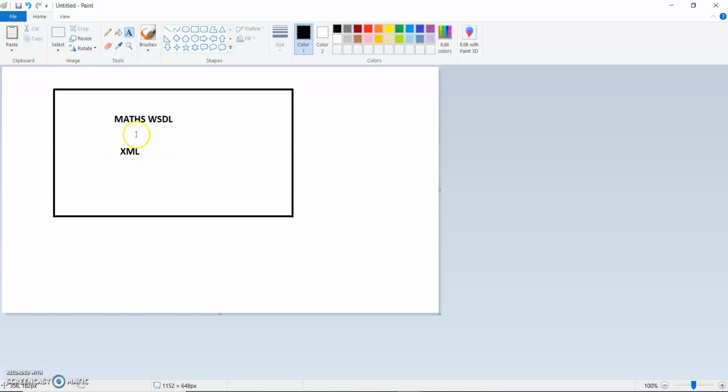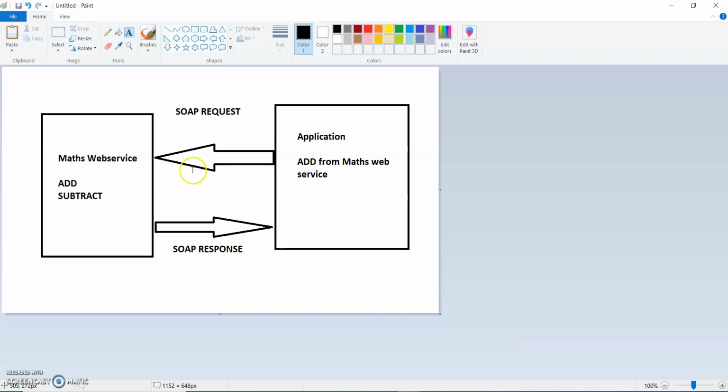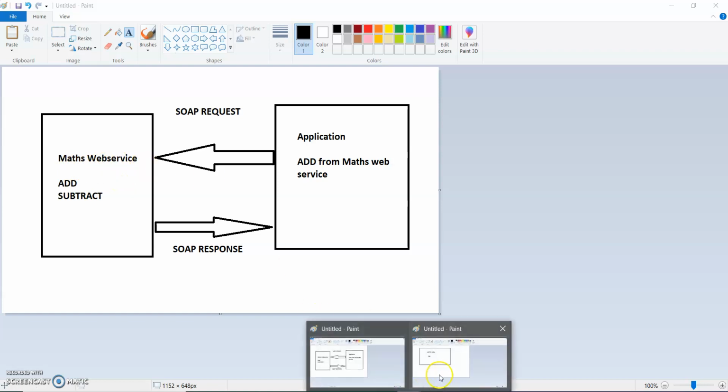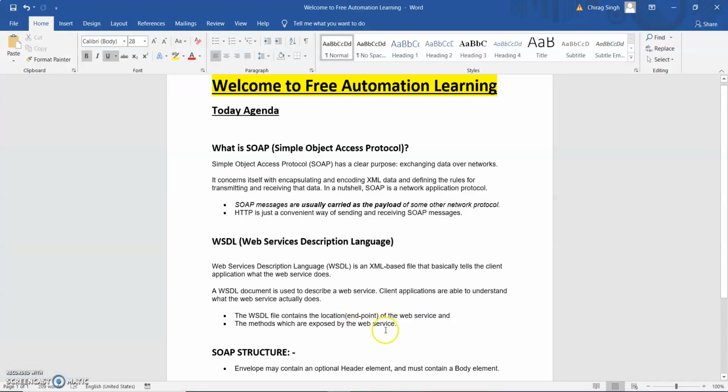format, and WSDL gives the information to the client. Means I'm hitting the request, so I'm the client of this maths web service. So the maths WSDL gives the information on what type of methods it supports, what parameters it supports, all the different information it displays on WSDL, which is a Web Service Description Language.